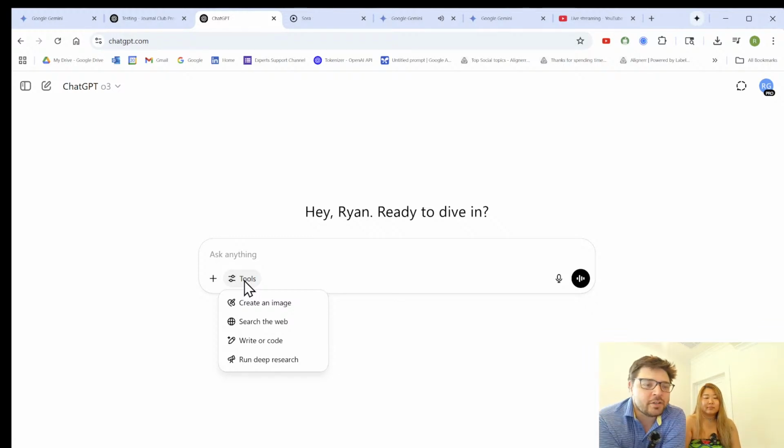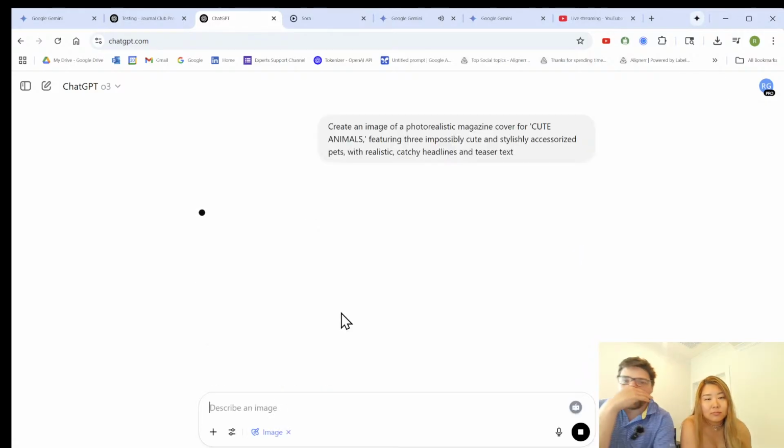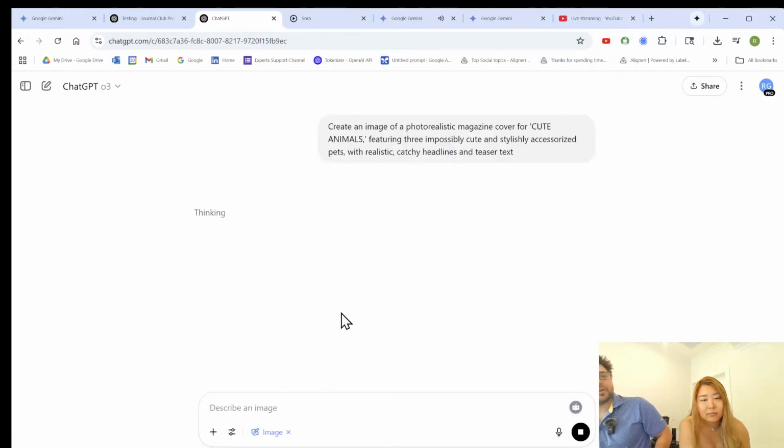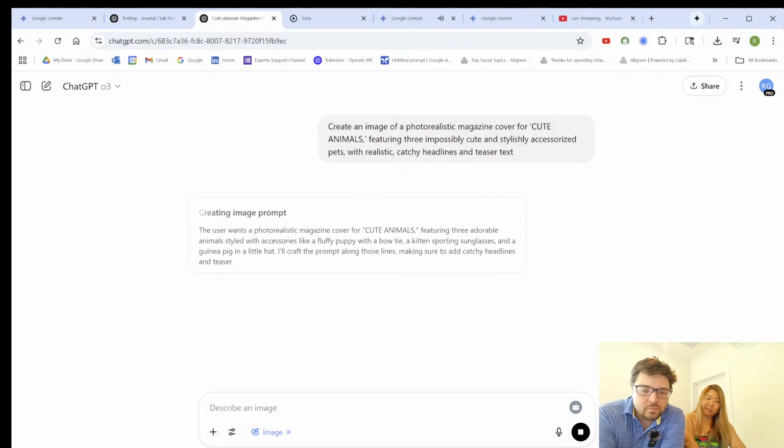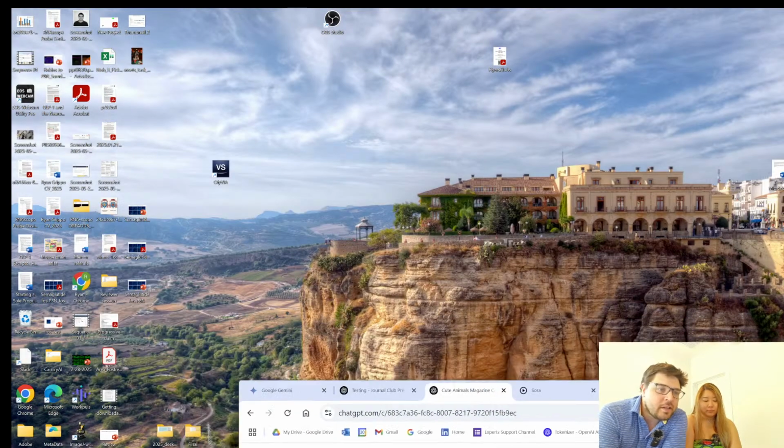All right, but here's a couple other tools going on with ChatGPT. There's the deep research, but now they're integrating write and code and creating an image. See, this is the one, let's just do what they say. I was really impressed with their image creation recently. Yeah, I've been using a lot more ChatGPT. I like it. In fact, I have a little presentation that I'm going to be giving soon, and it's